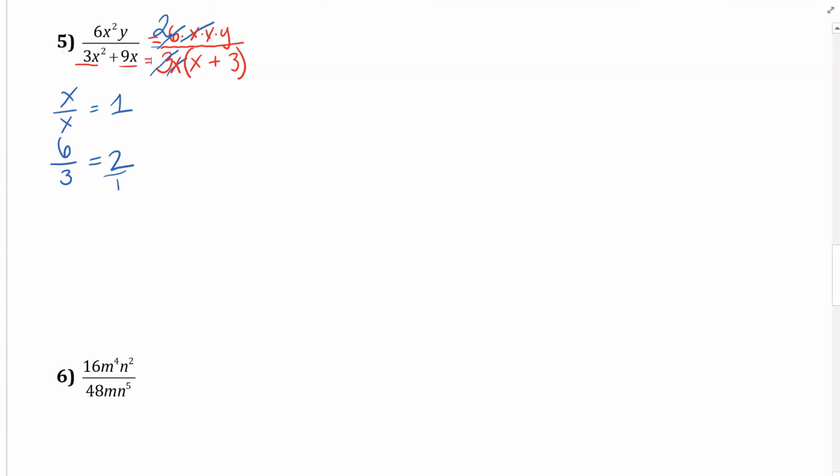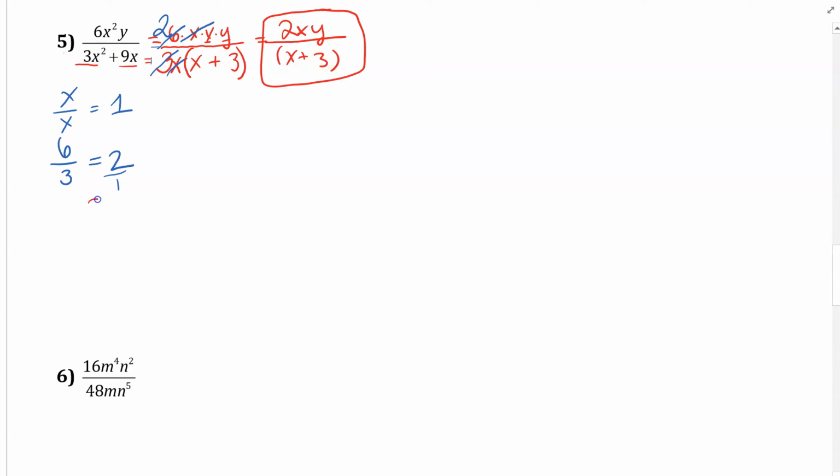So what I notice is that I'm left with a 2 in the numerator, 1x and 1y in the numerator. In the denominator, both the 3 and the x went away and were replaced with 1s. And then I have the binomial of x plus 3. So 6x squared y over 3x squared plus 9x simplifies to equal 2xy divided by x plus 3, but we